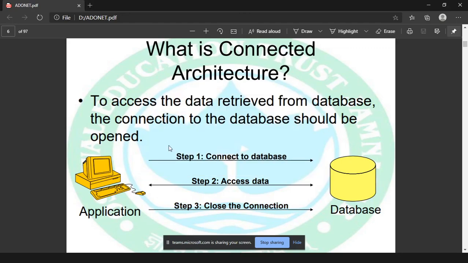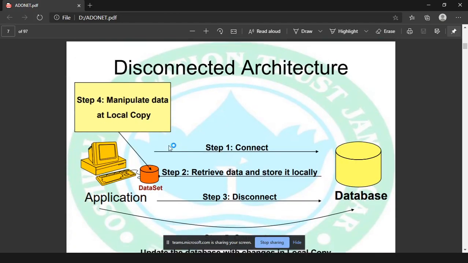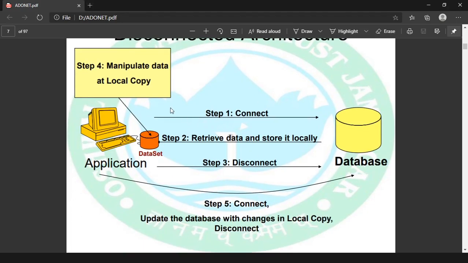Okay, next one is disconnected architecture. Disconnected architecture means the database is not connected with your application. Step 1, first you will connect to the database, your application will be connected.